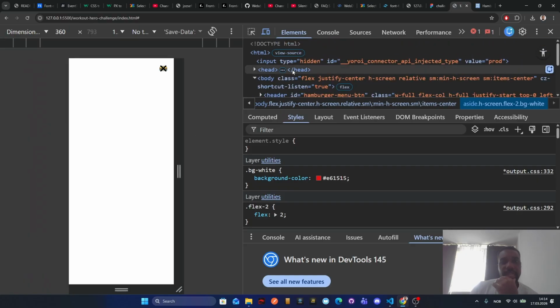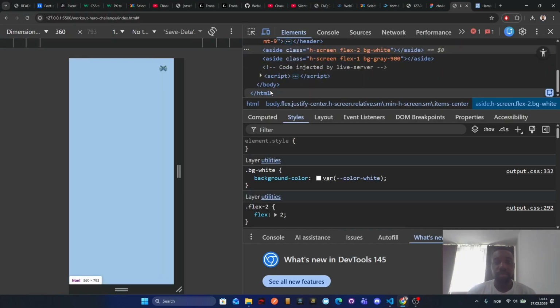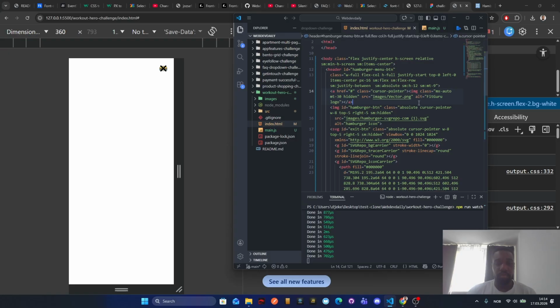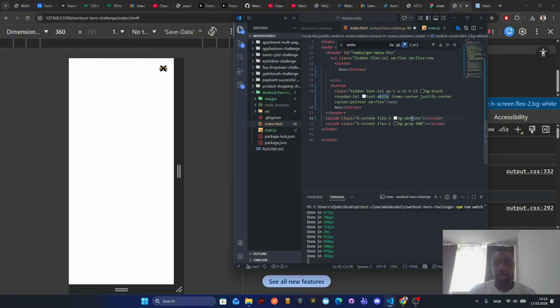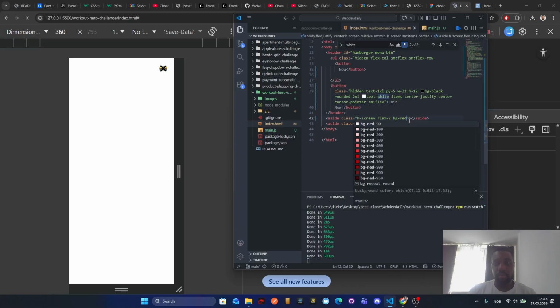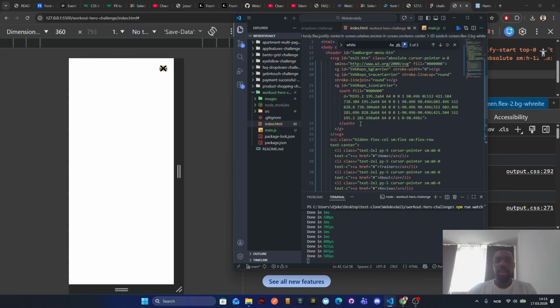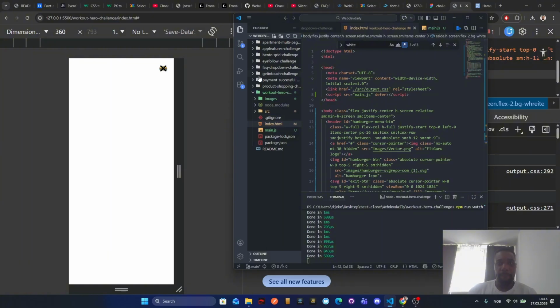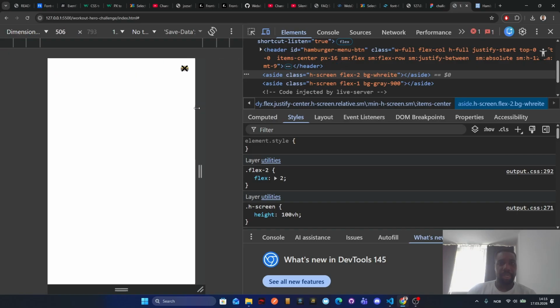Yeah, so it's coming from something else. White, let's see. 1, 2, 3. So I don't know where it's coming from. Because the header doesn't have